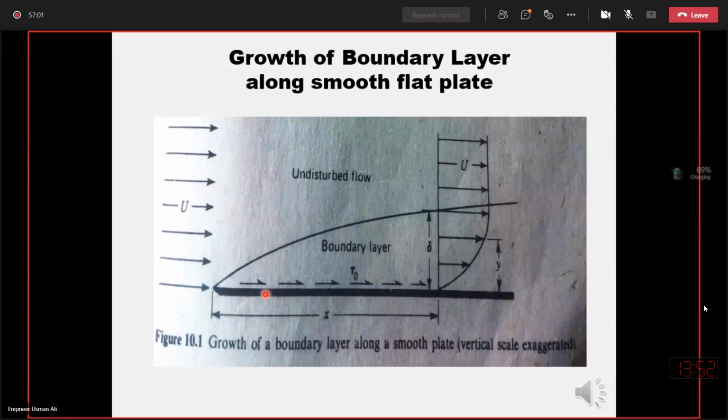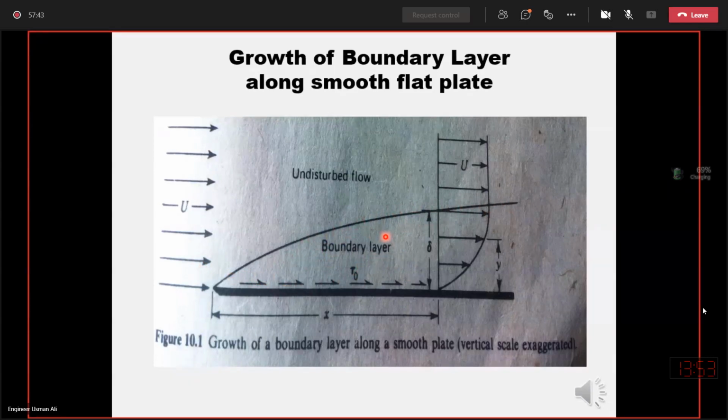It has a trailing edge. This is the trailing end of the plate. Now what happens when the fluid comes in contact with the plate, when the fluid starts to flow over one surface of the plate, the top surface of the plate? The fluid flow is divided into two portions. One portion, if you see near the surface of the plate, up to this bold curved line, is one portion of the fluid flow. This is called the boundary layer.